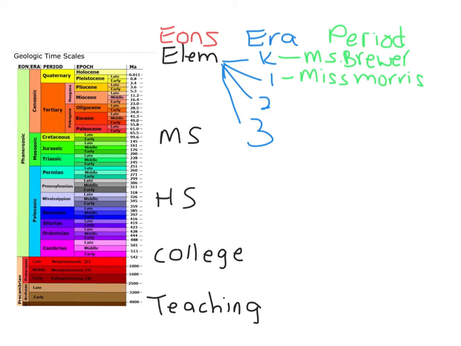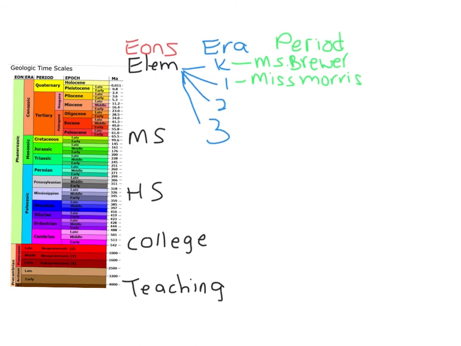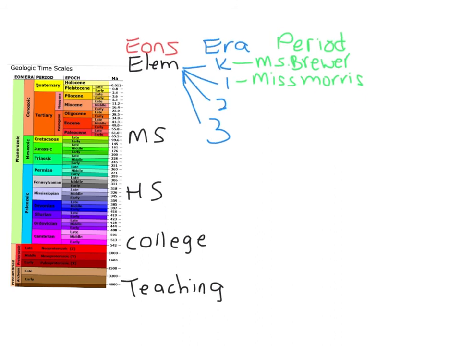Then last but not least would be my most specific, which would be my epochs. Just let me come up with one more color here. So now maybe I'm going to pick out a key event that happened in that. Okay, and so in kindergarten, I can remember a key event was that we did the Christmas play. Okay, and then I would continue that breakdown, but I would do that for elementary, middle school, high school, college,